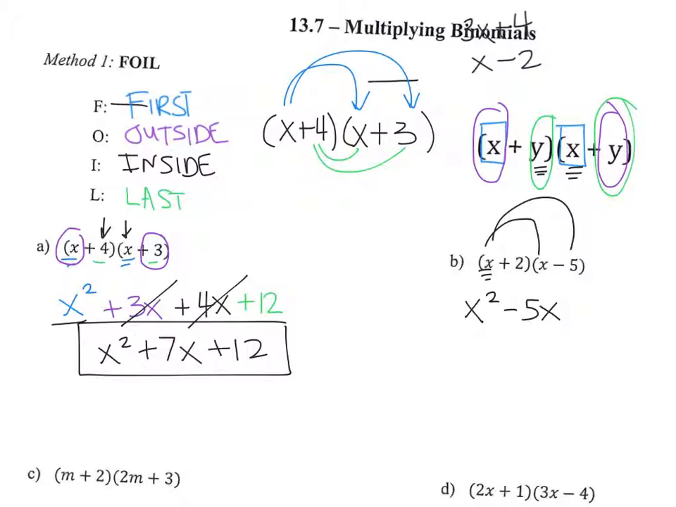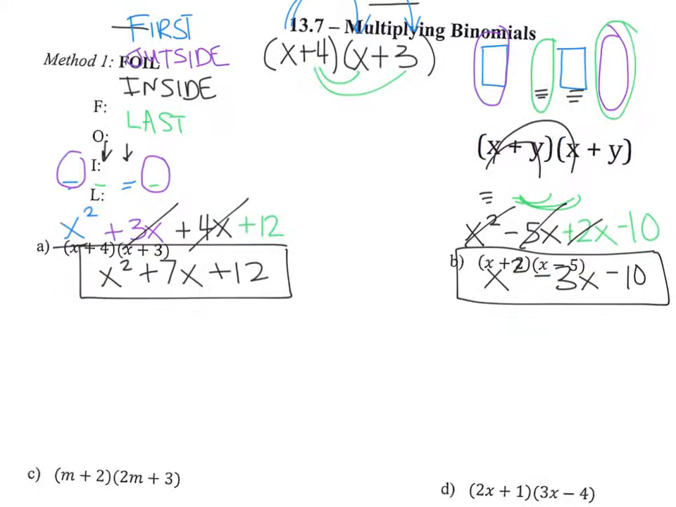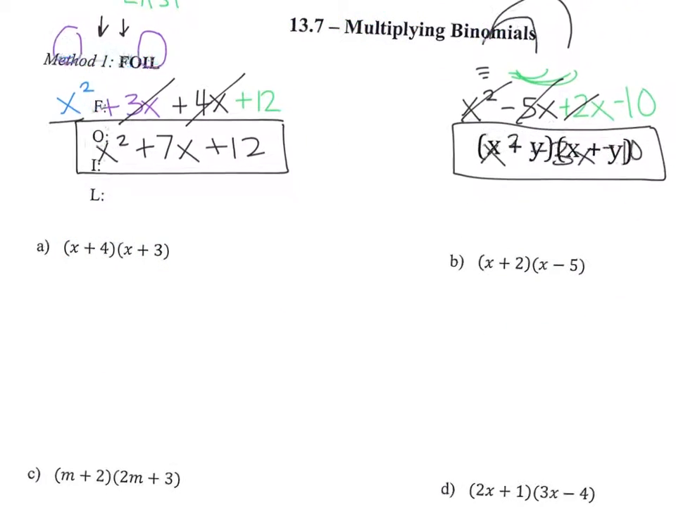Then I do 2 and multiply 2 by each of these. So it's 2 and x and 2 and negative 5. I multiply to get negative 10. Then I combine them. So it's x squared minus 3x minus 10. And then down here, oops,